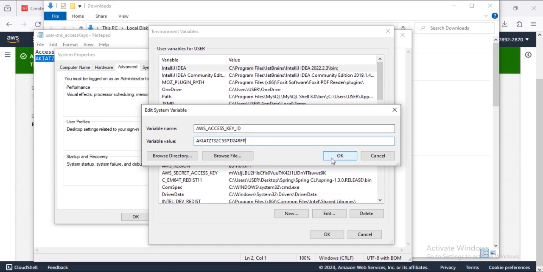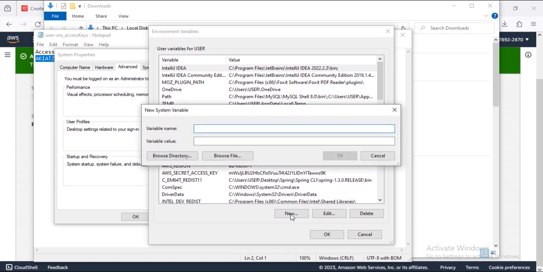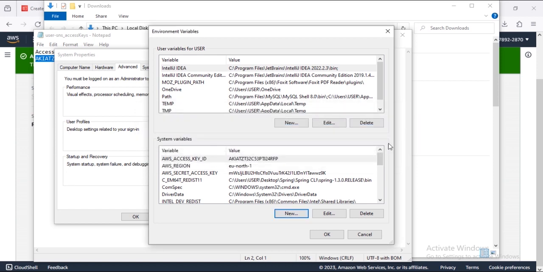What is remaining is the secret key. Click. You can edit and add, and you can add new as well. Let me show you as an example, and then click the variable and the value. So now let me click this out. So click OK,